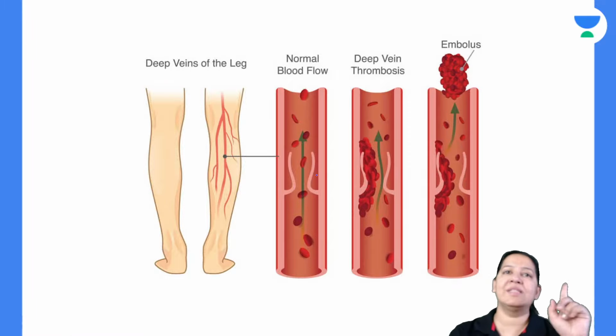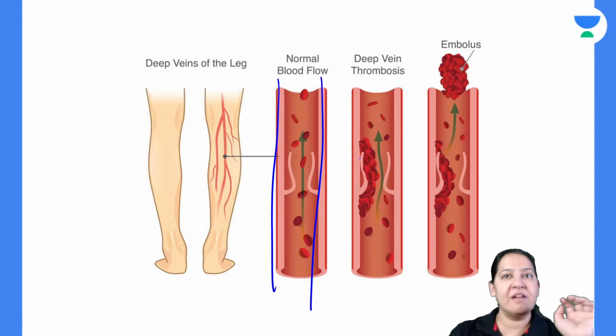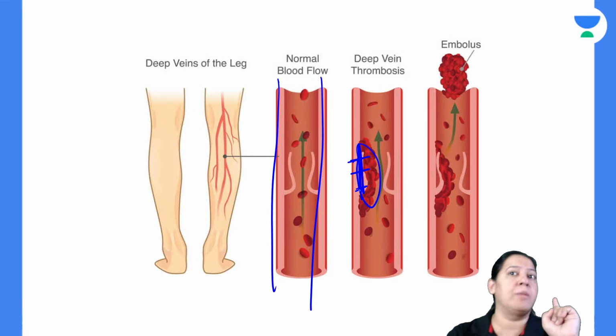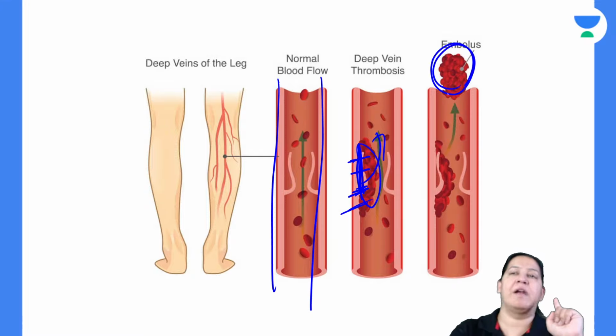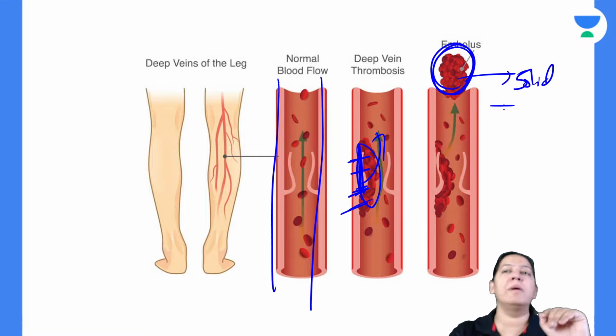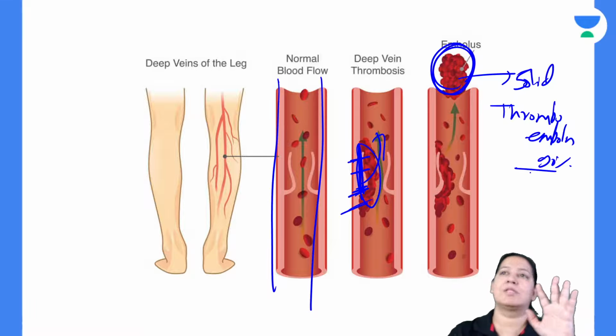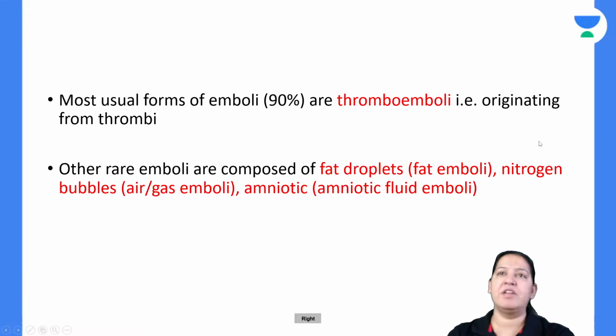You got it? So you can see this is a blood vessel, a beautiful diagram of the blood vessel. In the blood vessel, first at this point the thrombus is formed. A thrombus is something which is attached to the blood vessel. Once it gets detached, it is freely moving in the blood vessel. Now this is known as an embolus. It is solid. Since it is formed from a thrombus, it is known as a thromboembolus. It is the most common embolus. 90% of the time the embolus is this one. It is solid. Sometimes it can be liquid, it can be gas, right?